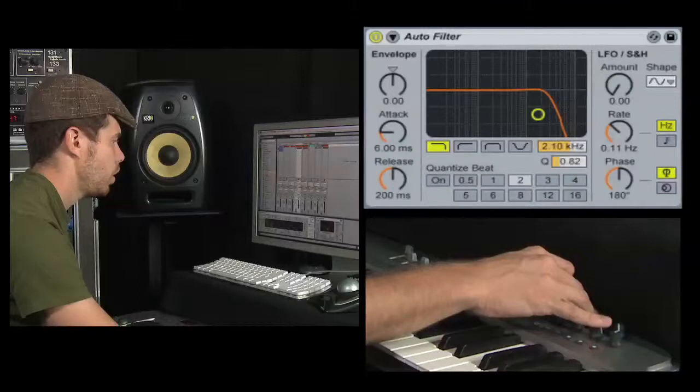Now this is really cool to do when you want to start doing some on-the-fly tweaking that you can actually record, and we'll touch on that later on. Some of this stuff is just really hard to do with the mouse, and that's why it's really cool to map the stuff to your MIDI controller. It could be your MIDI